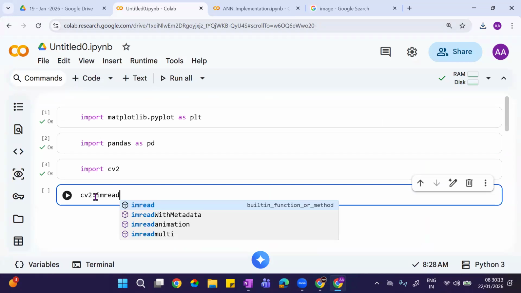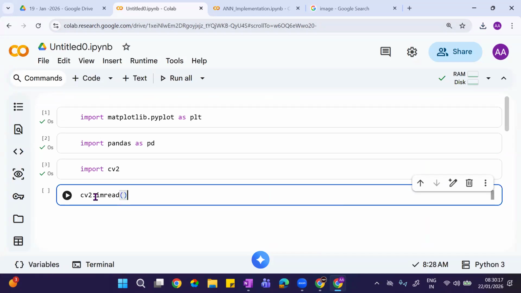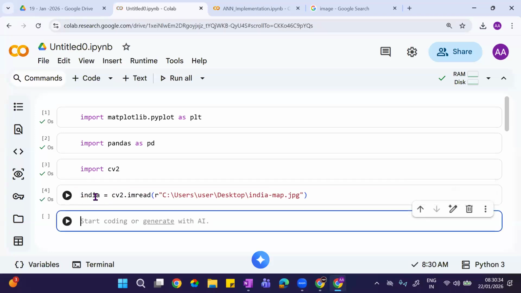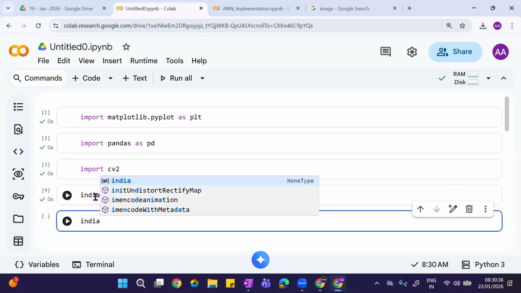Imread is nothing but image read. CV2 is the OpenCV library, CV stands for computer vision. Now here I'm giving the path. Just ignore all these things. I'm taking it as India.